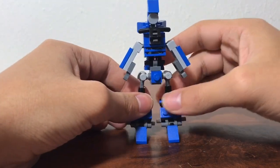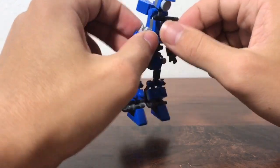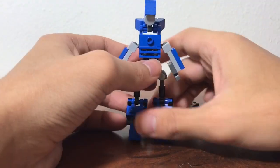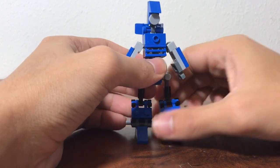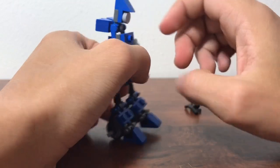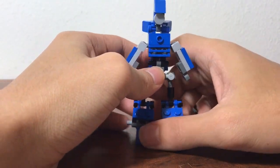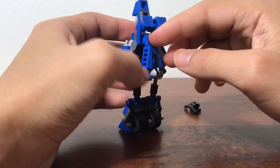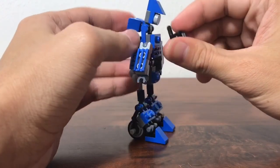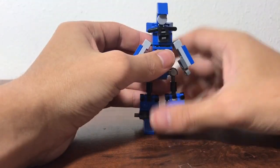And this is, I guess you could say, my version of Arcee. I don't know if you'd want to call it that. Since a lot of parts do get removed, you can even remove these handlebars, make her look a little bit more like Arcee. This piece kind of makes it look like she's wearing a hat or something. But this is, I guess, the best I could do with the parts that I have, because I don't have many parts. Sure, I was able to build Optimus, but that's my Arcee,